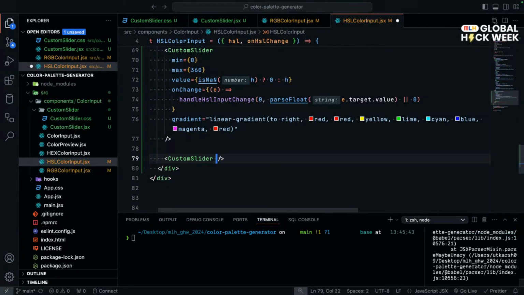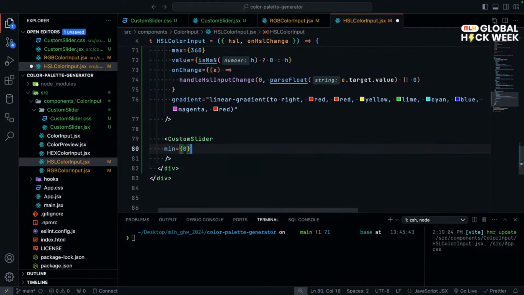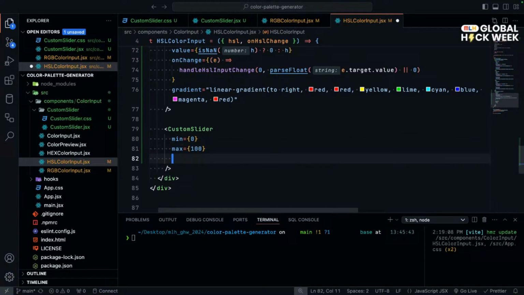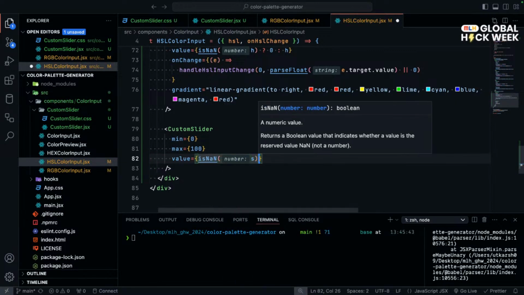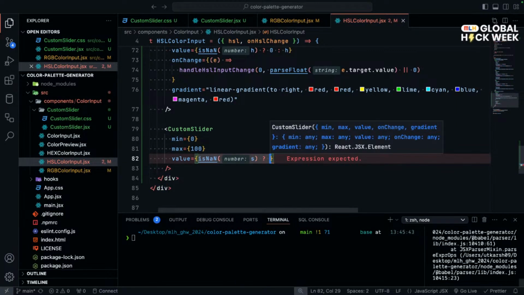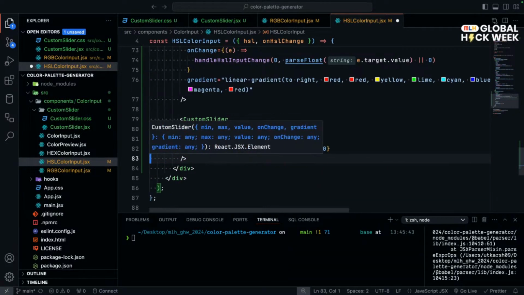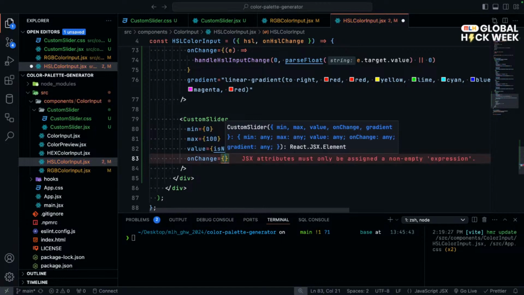Min would be 0 in this case, max would be 100. The value would be, if it is not a number, then set it to 0, else saturation times 100. And similarly, on change would be,